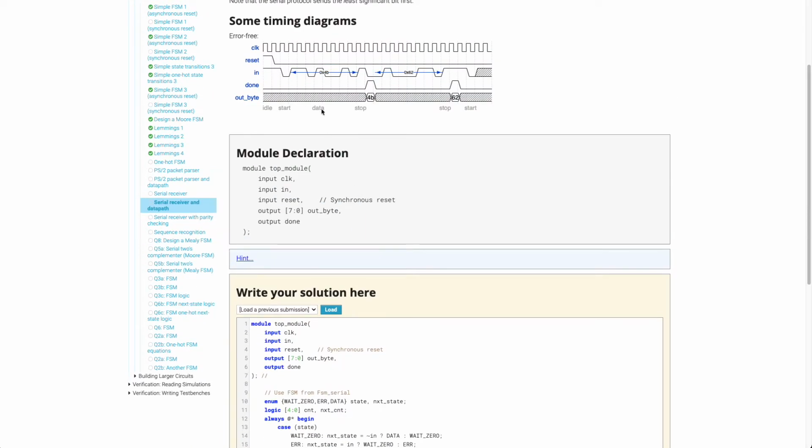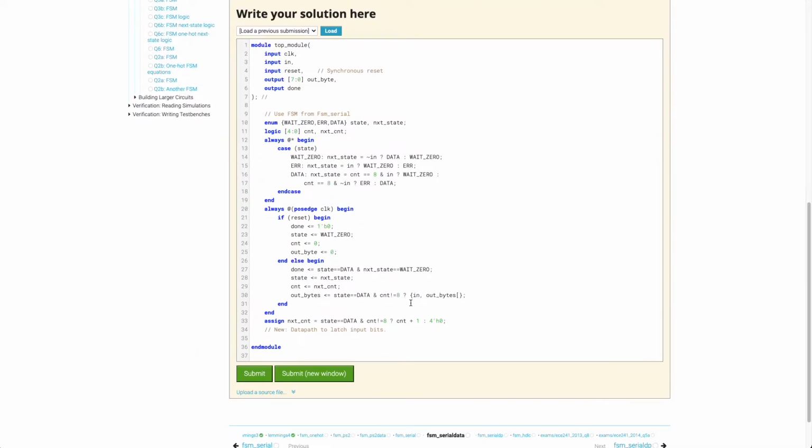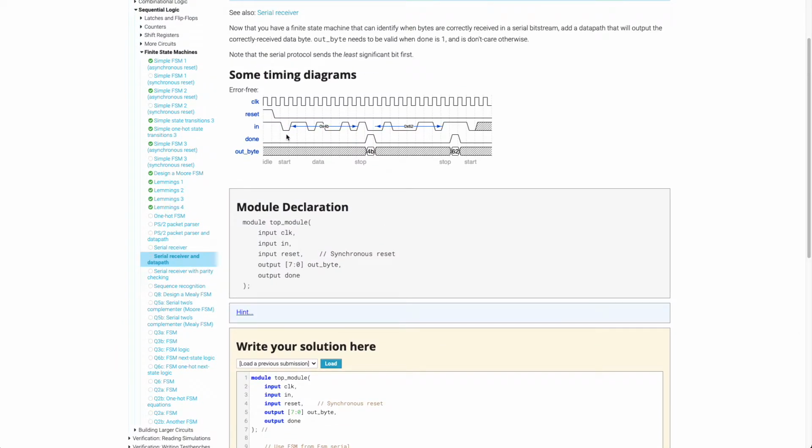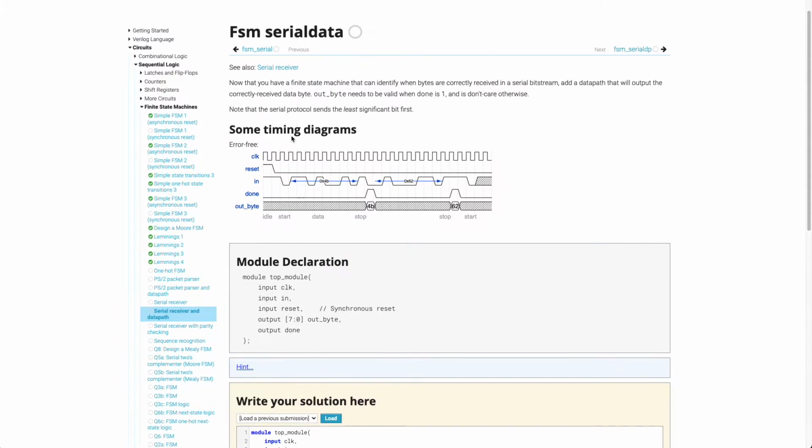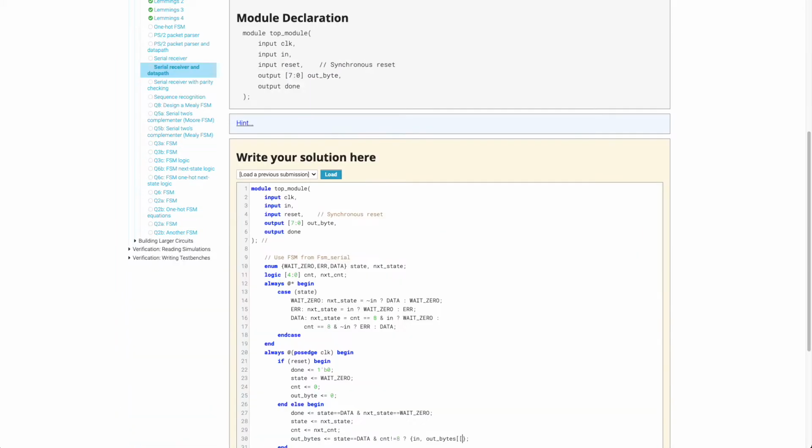But for 0 to 7, we're going to have in as MSB. And then I will discard the LSB. So that means 7 to 1. So this would go into 7 and then